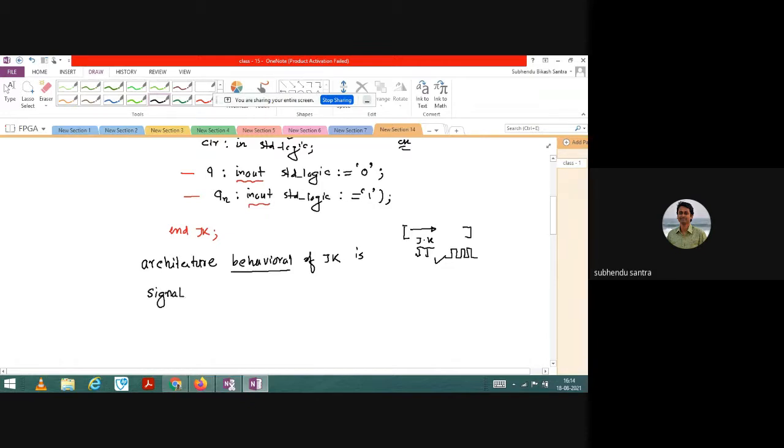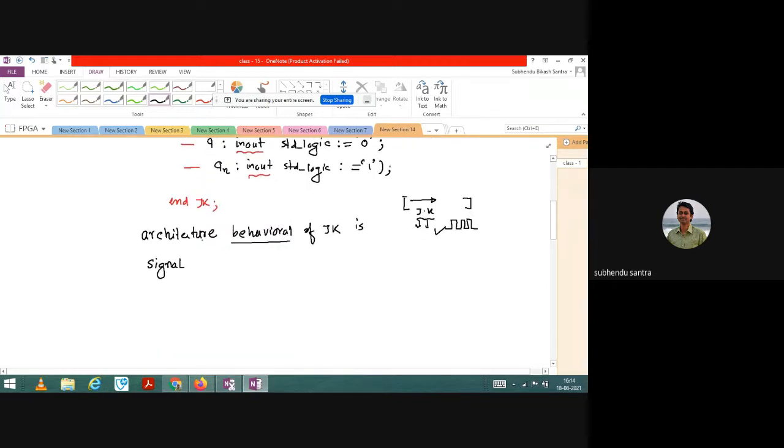So this is another learning point of VHDL here: you can also take a signal. So JK, whatever symbol I have taken, capital J, capital K, you need to follow that. JK is a std_logic_vector, 1 down to 0, that means 2 bits.